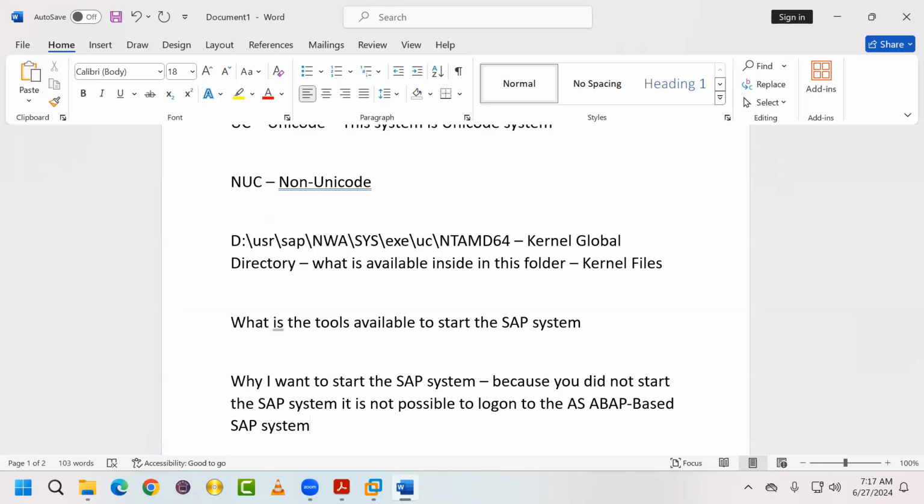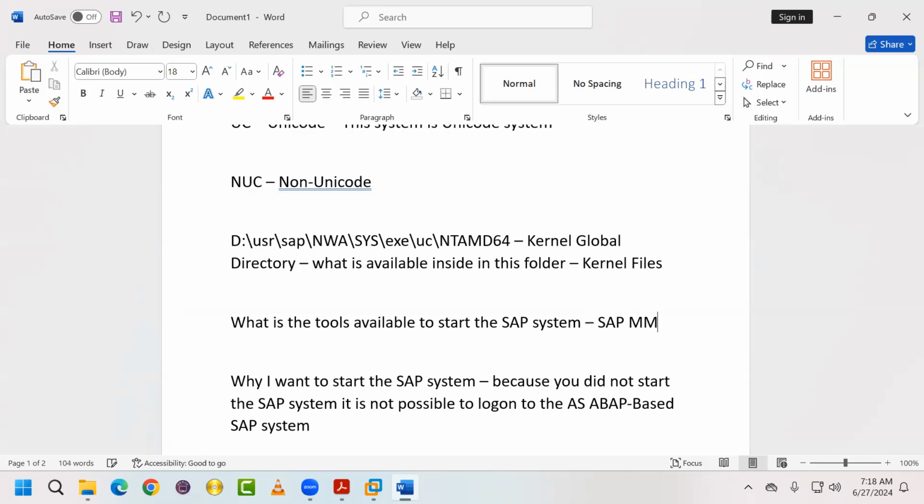When you start the SAP system, only then is it possible for users to log on to the ABAP-based SAP system to do work. Suppose I did not start the SAP system, users cannot log on. Now, one of the tools I am telling about is